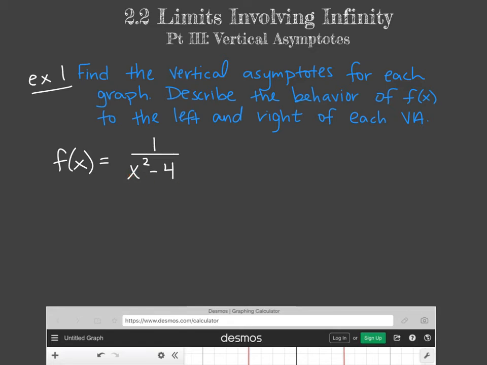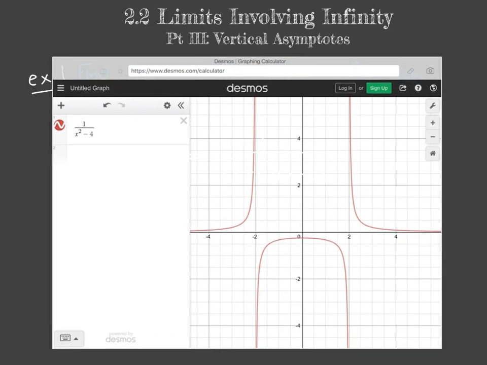You could have factored this, since it's a difference of squares: x plus 2, x minus 2. No factors cancel top to bottom, so the issues are negative 2 and positive 2, which make them 0 in the denominator. But if we just take a look at the graph, we can clearly see that our